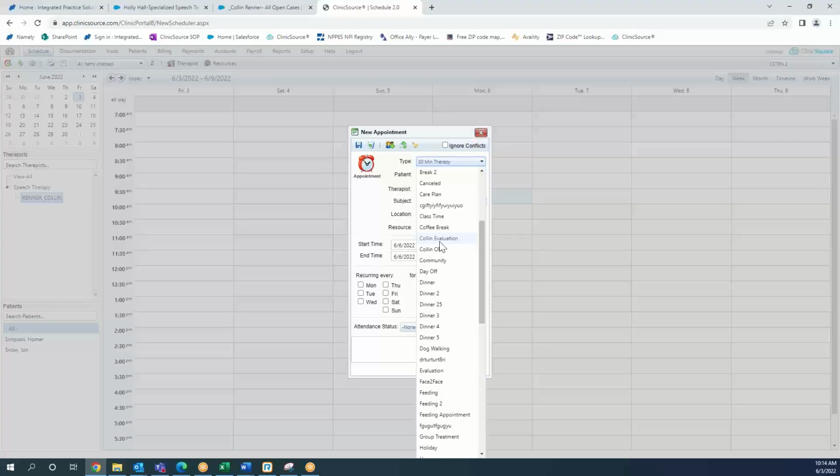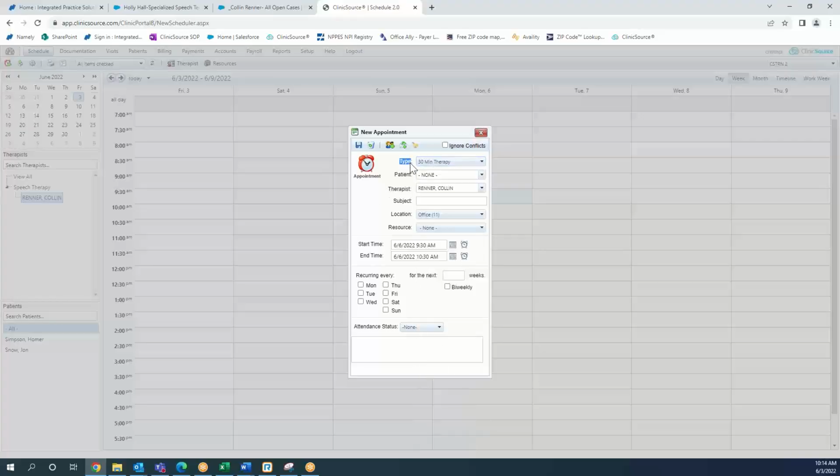So really, I can nail down and exactly delineate one appointment from the other versus just having a regular therapy appointment. Well, what type of therapy appointment? Is it a physical? Is it a PT? Is it an OT, right? So you can really break it down however you want by creating a customizable type available to you when you